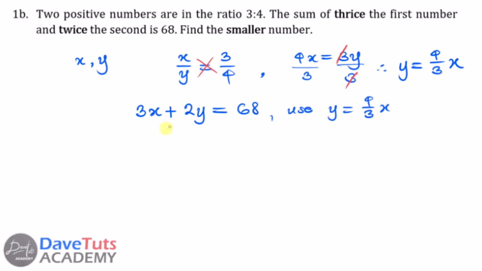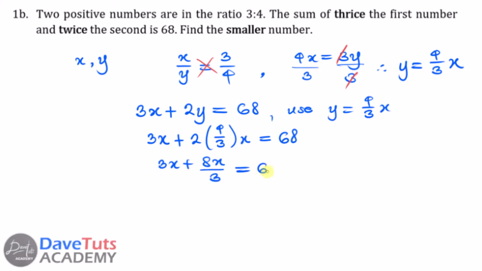If I substitute that into this equation, I will have 3x, okay, plus 2, instead of y now, I have 4/3x is equal to 68. So I can try to say I want to solve this with whatever method I can find suitable, because here I have 3x plus 8x/3 is equal to 68, and here I can say I want to find the LCM 3. Now 3x and 3, I have that as 9x plus 8x is equal to